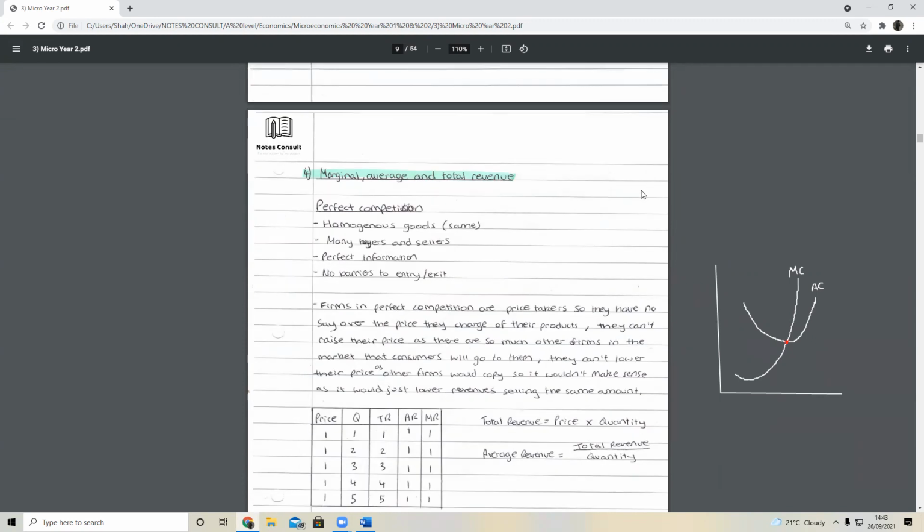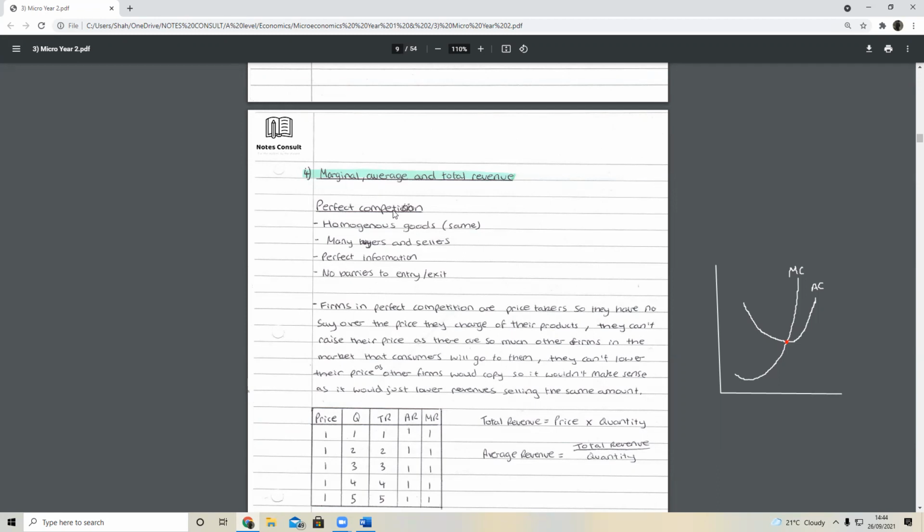Okay, that's fine. A lot of micro 2, the difference between micro 1, what we did last year, and micro 2, is that we're going to start to look at these different types of firms out there in more detail. Can you hear me, Tahmid? Yeah, I can hear you. So we're going to look at a lot of these firms in more detail. When I say detail, we're going to look at what characteristics different firms have and how we classify them in terms of competition.